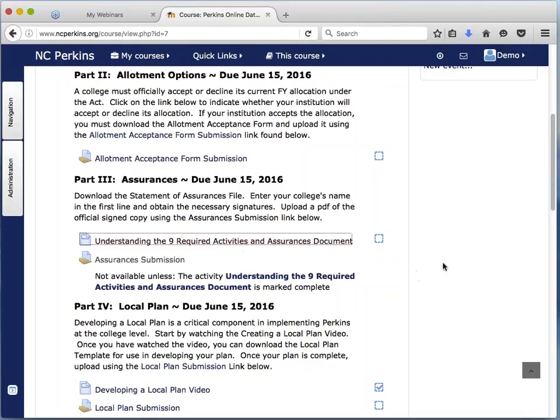All right, and one more question. It's an equipment question. If Perkins was used to purchase a piece of equipment 5 years ago and the item needs to be replaced, is it still considered supplanting to use Perkins to replace or upgrade the equipment? For example, several years ago we purchased 3D printers for our geomatics program. Let's assume that one or more needs replacing. Is it okay since it was originally purchased with Perkins funds?